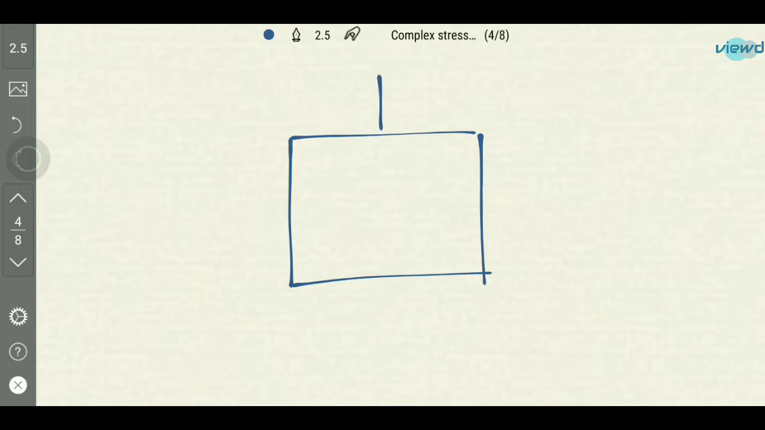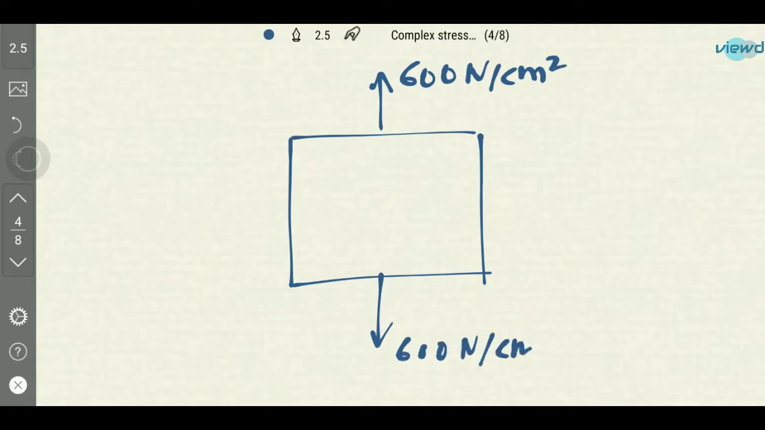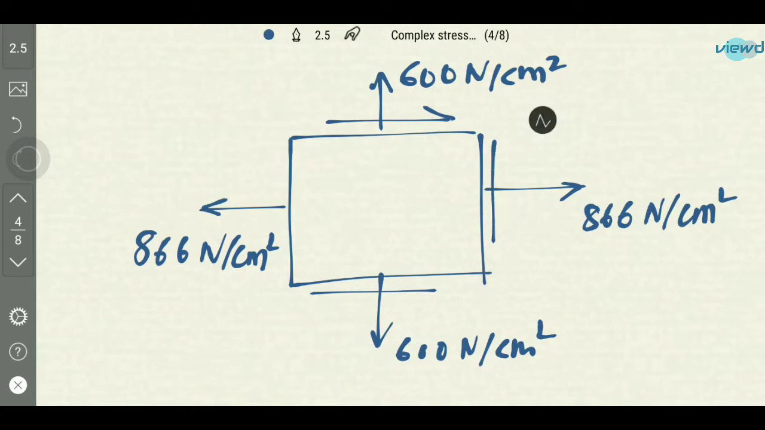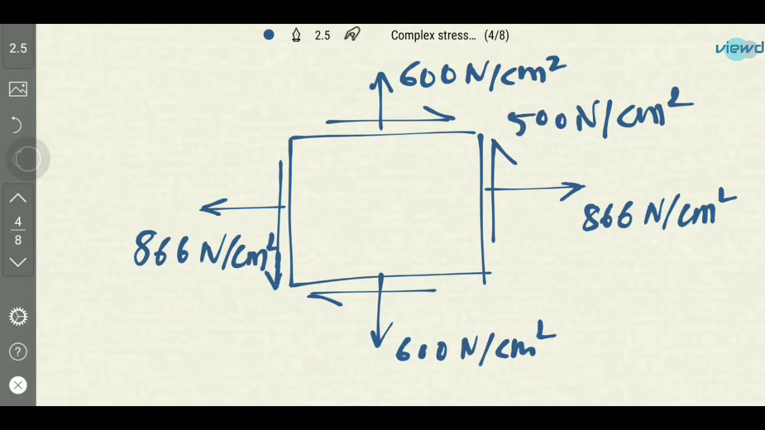So this is the diagram. This is 600 Newton per centimeter square, which is sigma y, 600 Newton per centimeter square, and there is a horizontal stress of 866 Newton per centimeter square, and there are shear stresses also. It is applied in this direction. So it is 500 Newton per centimeter square. So this is the diagram,